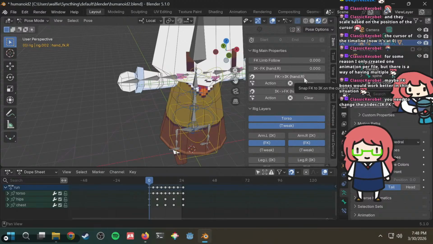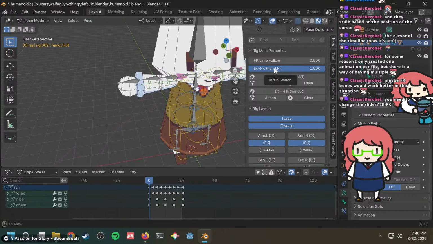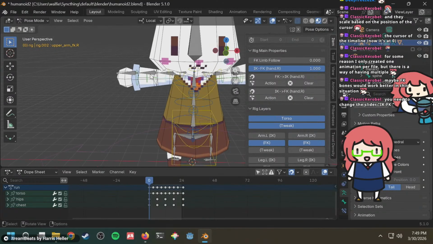Let's see, snap FK to IK in the current frame. Snap the IK chain to FK result. IK, FK, so this means you want this to be fully controlled by forward kinematics. And then this thing, oh.